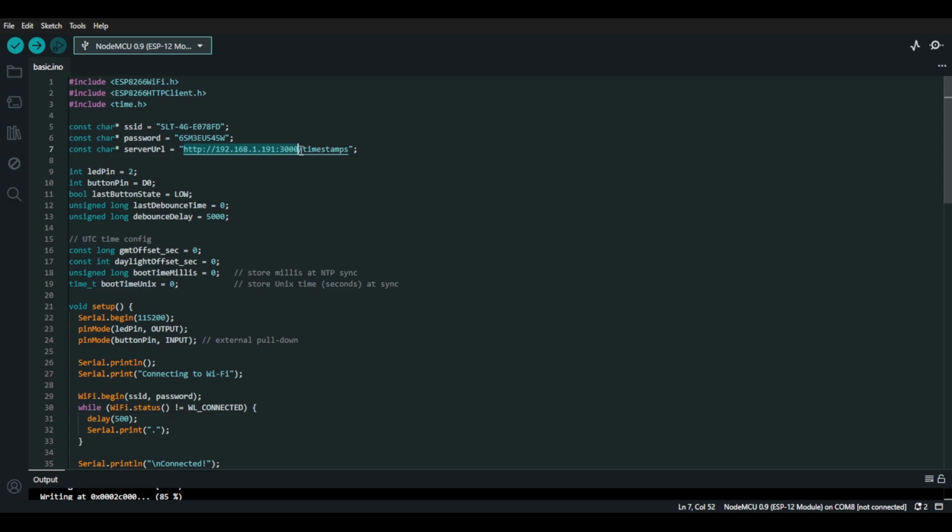Here the base domain is HTTP and my local IP address and the port, because currently my backend application is running on the local machine, and the local machine is connected to the Wi-Fi. So this is the local IP address of my PC, so that I can use that, because my microcontroller is also connecting to the same Wi-Fi, so it can connect to this IP address. That's why the base domain looks like this,